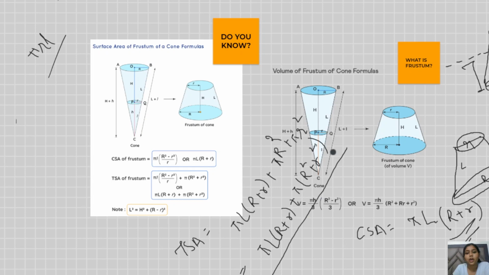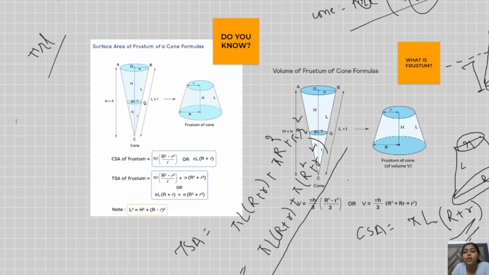In the case of the cone, it was π r L plus π r², something like this was the whole. So this was in the case of the cone. In the case of the frustum it remains similar, but r is replaced by R + r, and r² is replaced by R² + r², because the frustum consists of two radii. I hope it is clear what a frustum is and how the frustum is formed.